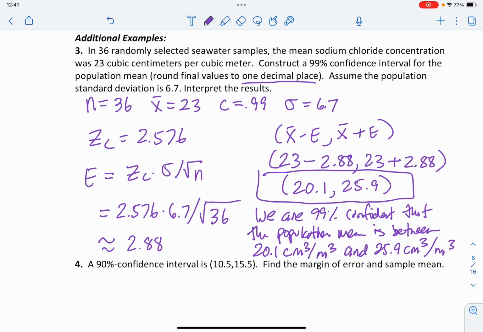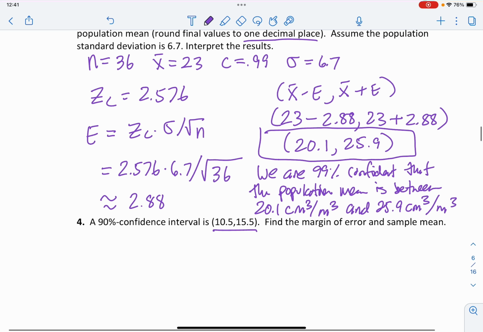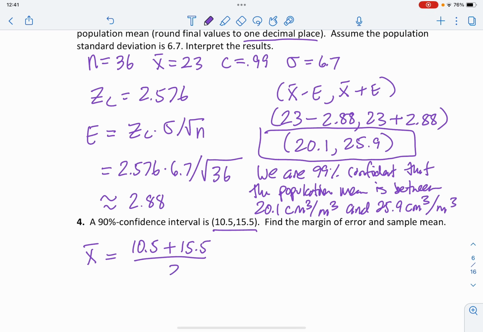Okay, so that's the main type of problem. Not too bad. Now, some variations in the problems. The next one, it says, here is the confidence interval. It gives it to you. Can you determine the margin of error and sample mean? Yeah, sure. The sample mean should always be in the middle, right? So I like to get that one first. All we got to do is average the 2 endpoints. And that will give us the middle, right? So that works out to